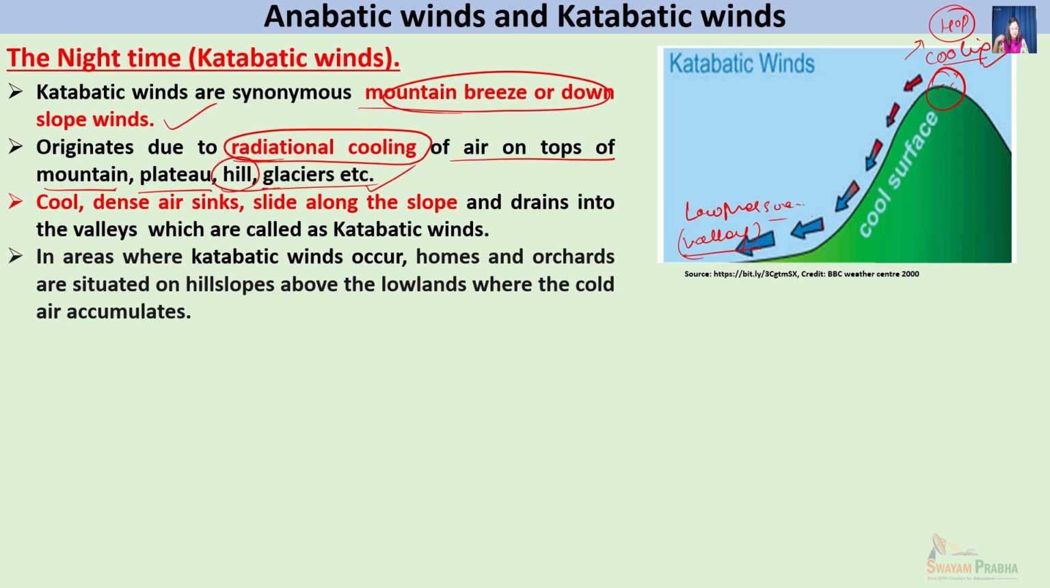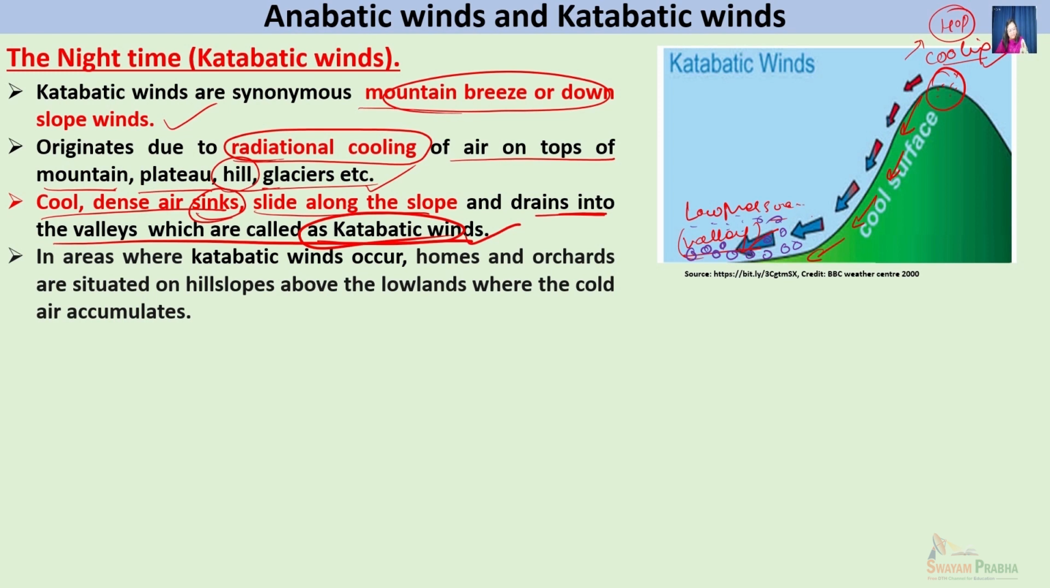So during the night time, cool dense air sinks, slides along the slope towards the low pressure area at the valley bottom regions and drains into the valley, which are called katabatic winds. Because the cold wind is continuously drained into the valley floor, these types of areas are generally devoid of any kind of settlement or agriculture because of very dense foggy conditions,